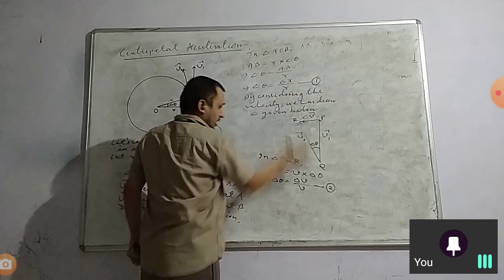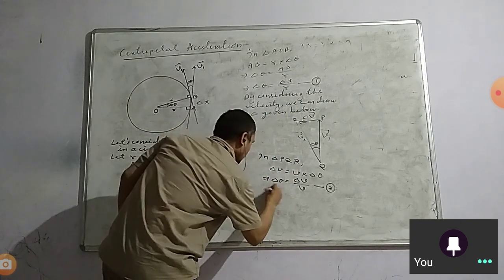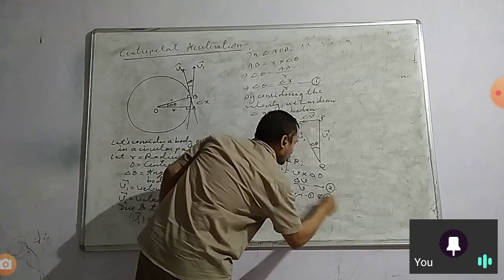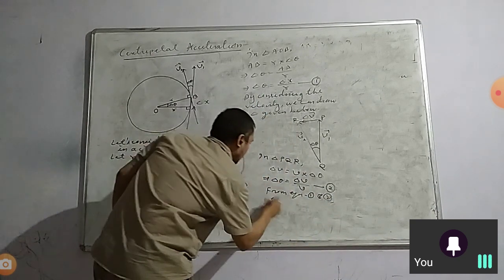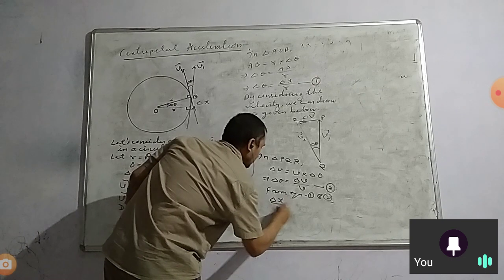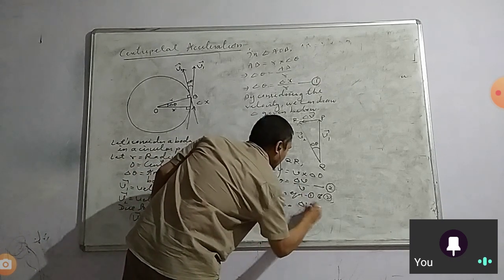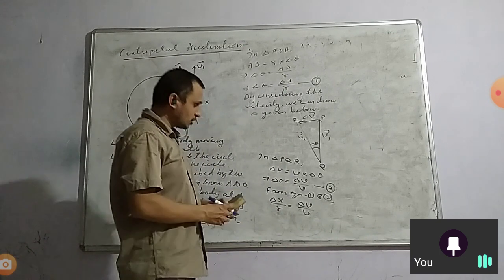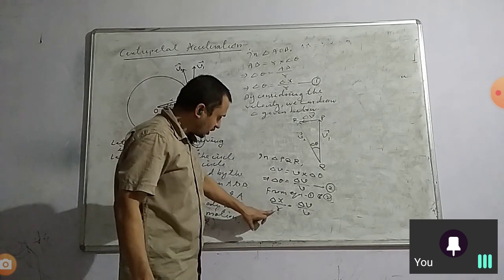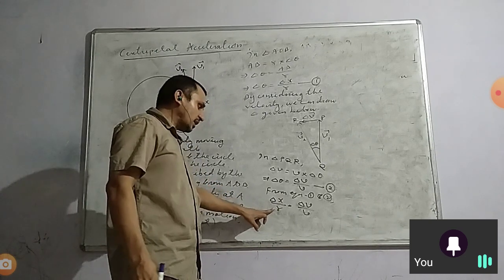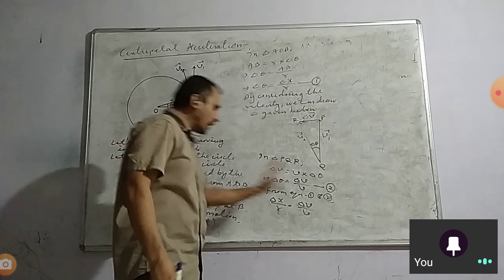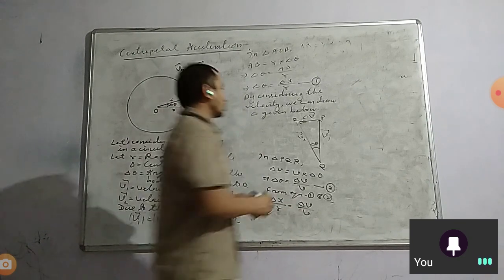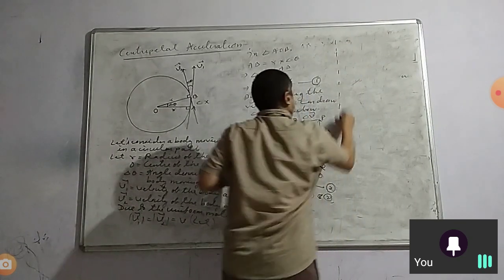Now by comparing equations 1 and 2, what can we write? Delta x upon r is equal to delta V upon V. And suppose one thing we do here: in the denominator, I am multiplying delta t on the left hand side, and on the right hand side also in the denominator I am multiplying delta t. So what can we get here?